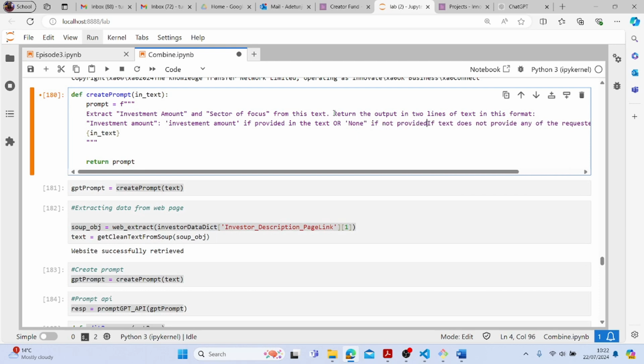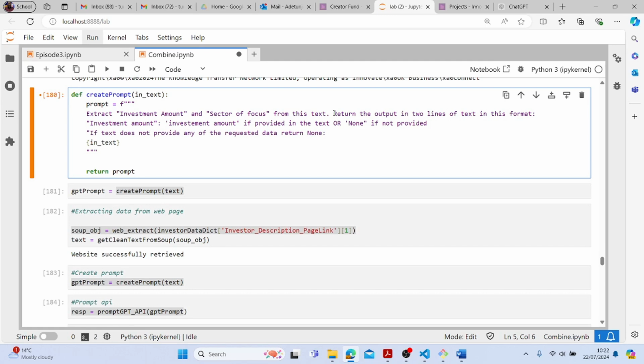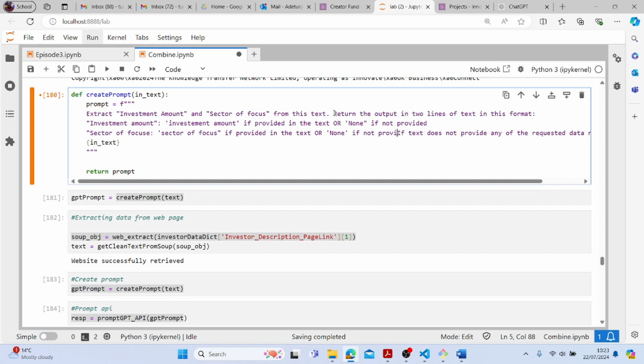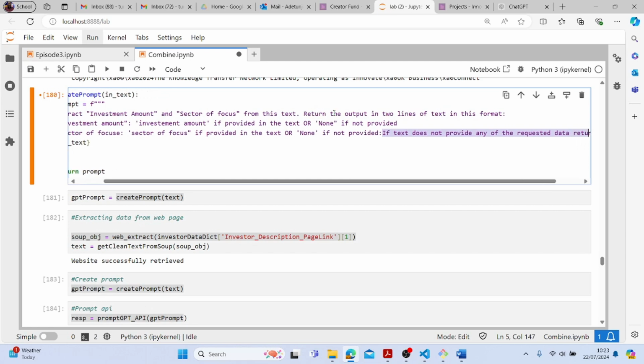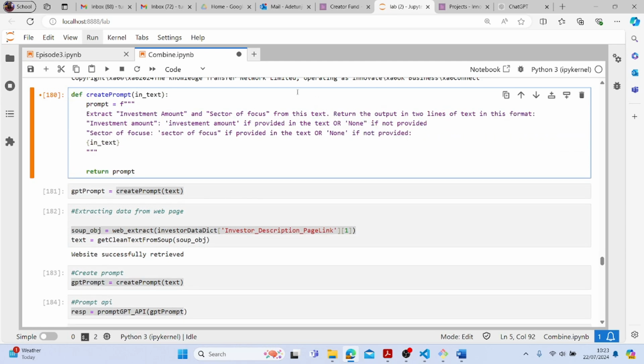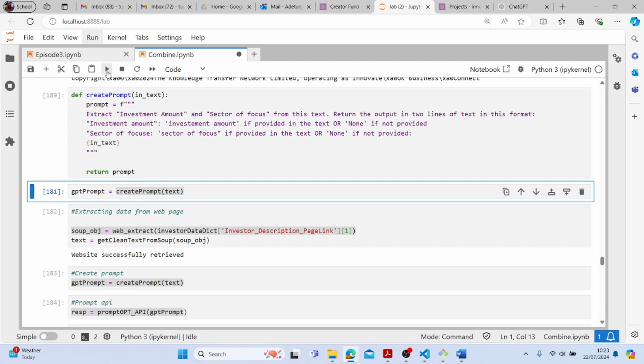if not provided. So the second line will be sector of focus, then we have the sector of focus if provided in the text, or none if not provided. Let's see if this prompting will ensure that we have the output in the format that will work with our code. Let's run this,